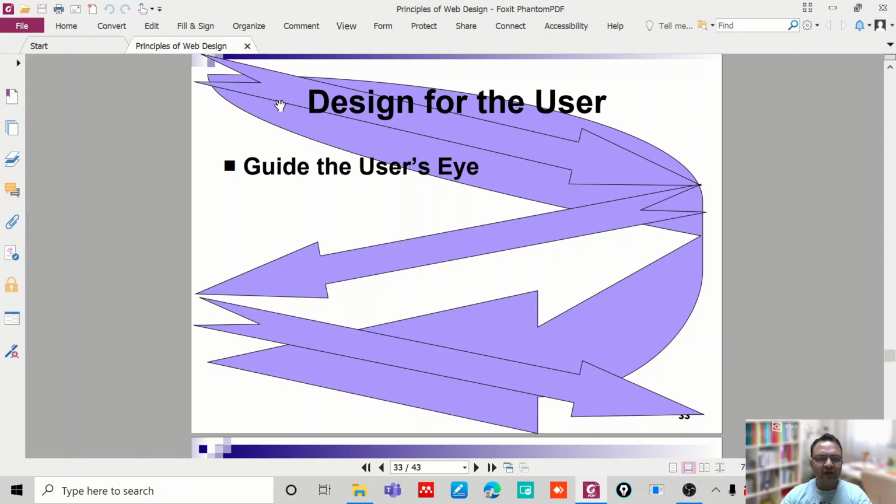The order is like this. The user starts from the top left corner and comes towards the right side, and then towards the left side, then towards the right bottom corner.